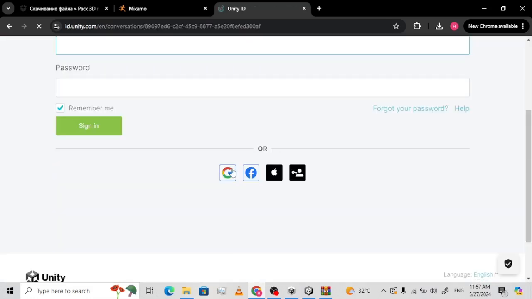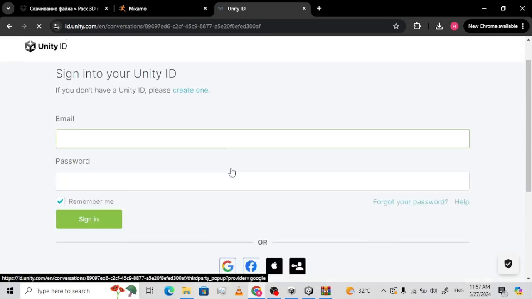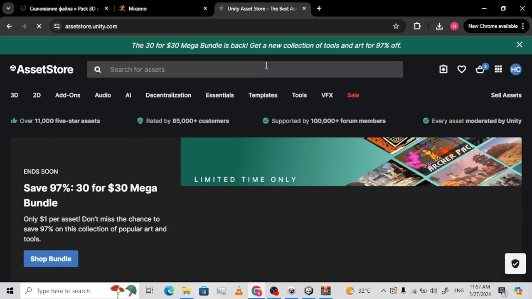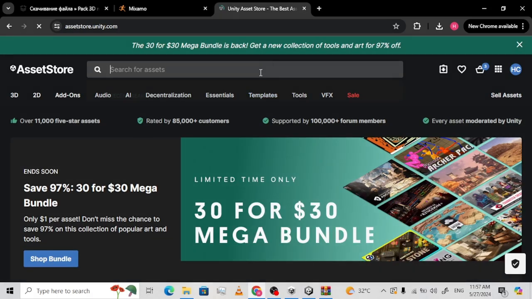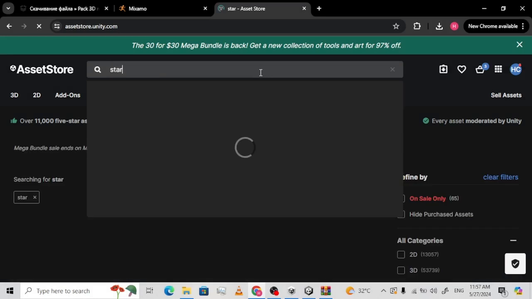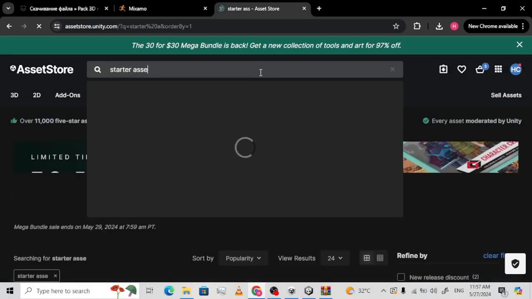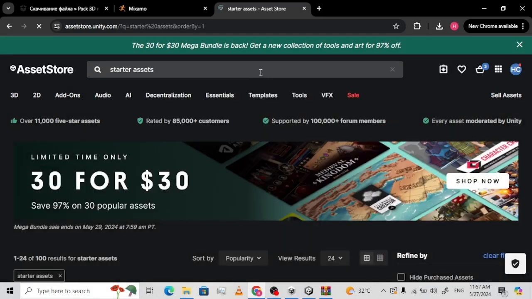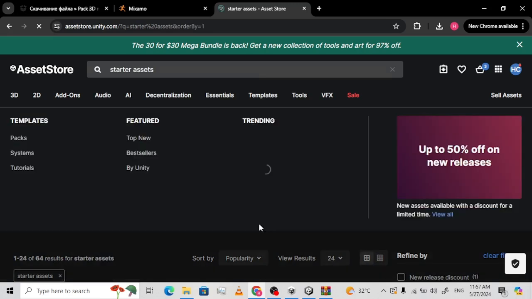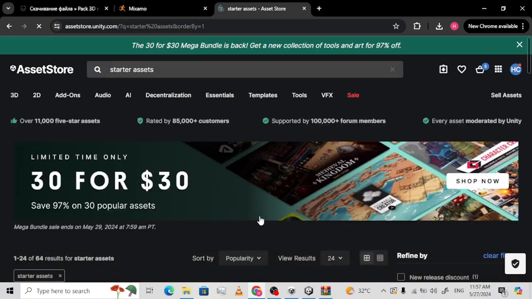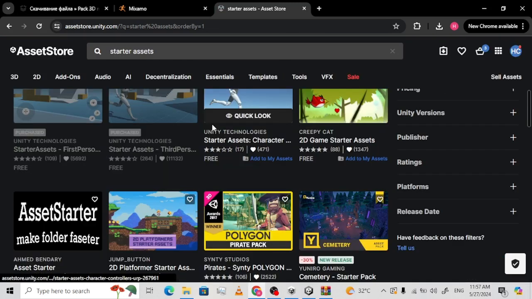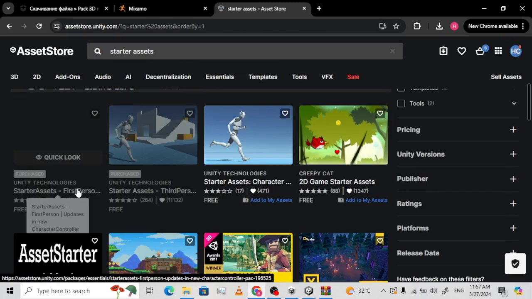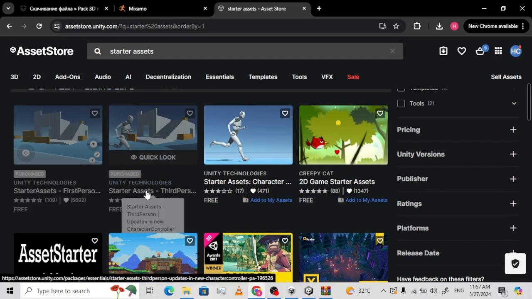So we sign in with our Unity profile. Once you're signed in, you search for this starter asset, which was developed by the Unity team. For this asset, we have it over here. We have the starter asset first person and starter asset third person. So we choose the third person,